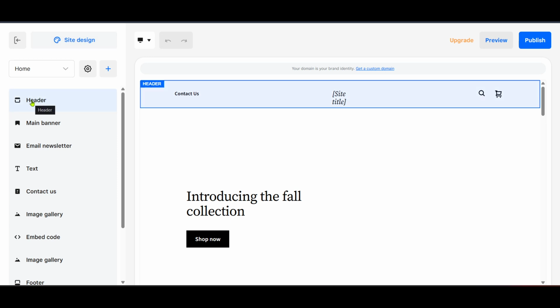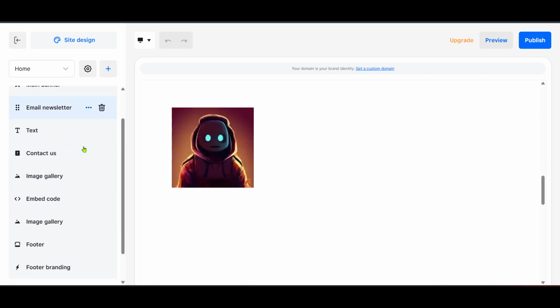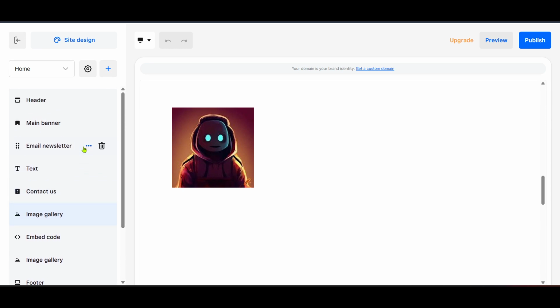And there you have it. You've just started the journey of building your own website using Weebly. Remember, the key to a successful website is not just in its design, but also in its content and functionality. So feel free to be creative and make use of all the design elements and tools Weebly offers to enhance